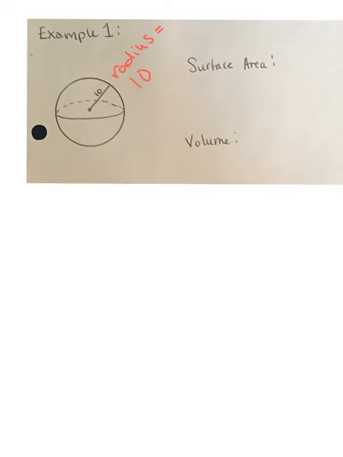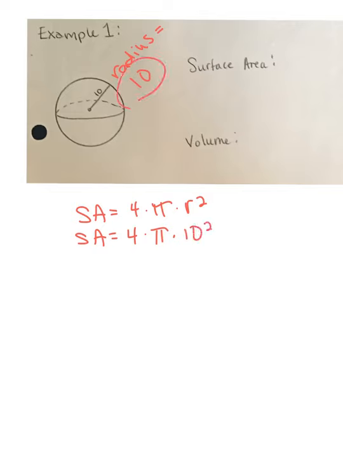All right, so the radius is 10 for this one. So for the surface area, remember the formula is 4 times pi times the radius squared. So the only thing that we have to do for this one is substitute in what the radius is, and in this case it is 10. So 4 times pi times 10 squared. So when you stick that all into your calculator, you would get